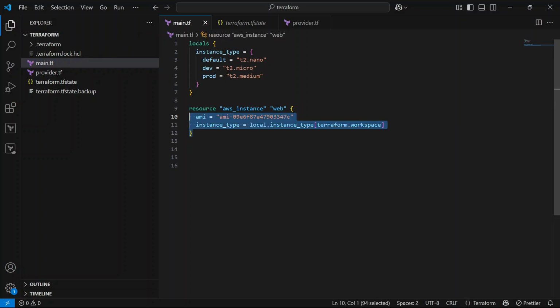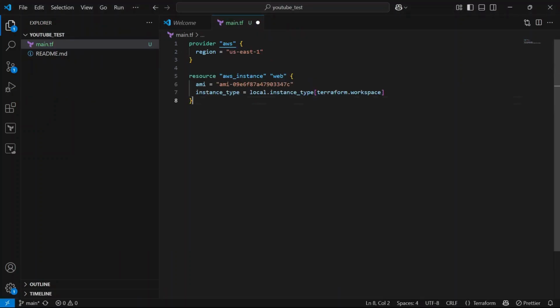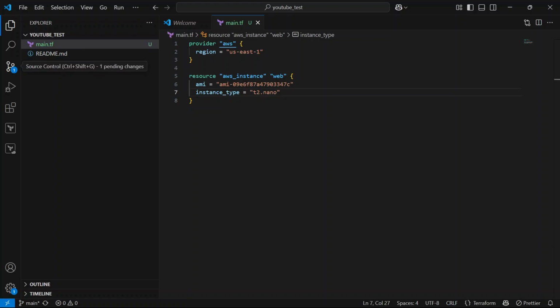Let's copy this one as well and remove it here. Okay, t2.nano I am going to use for the EC2 instance. I am not going to run terraform init and apply, I am going to do it in the next video. As you can see here, we are getting the commit option.